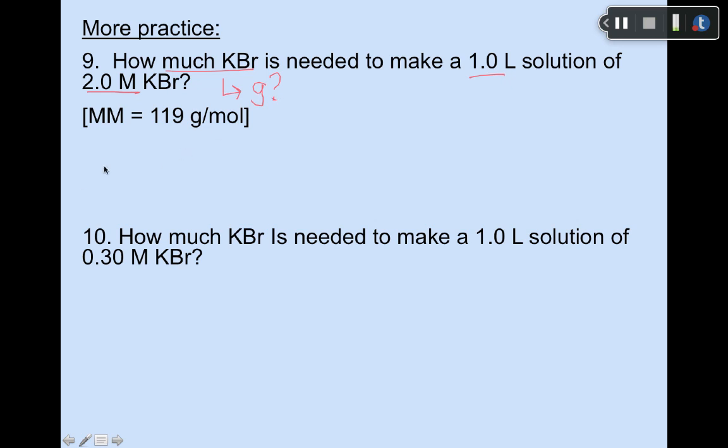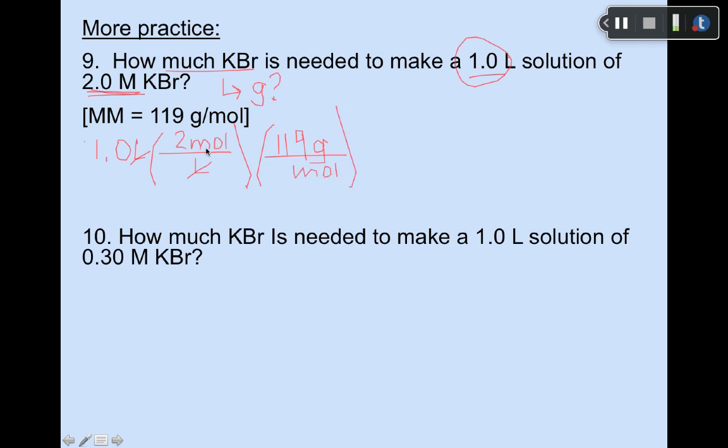Well, remember, all of these things are like conversion problems. And so let's say we have 2 different things to look at here. 1 liter is not a conversion factor. 2 molar is, because it's moles per liter. Start with the 1 that is not a conversion factor. 2 moles per liter, put that in. Well, then the 2 moles goes on the top. 2 molarity, 2 molar. And the liters cancel, but we need to come up with grams yet, so that's where molar mass comes in. Put in your 119 grams per mole,